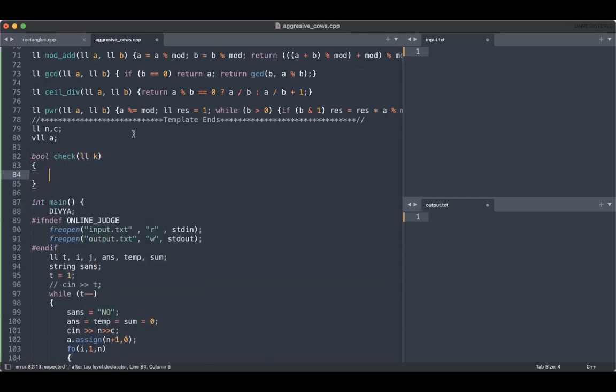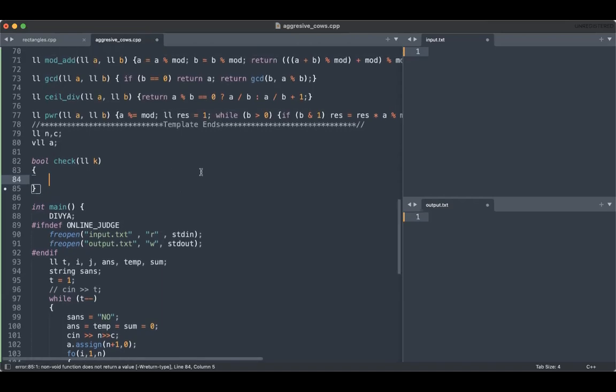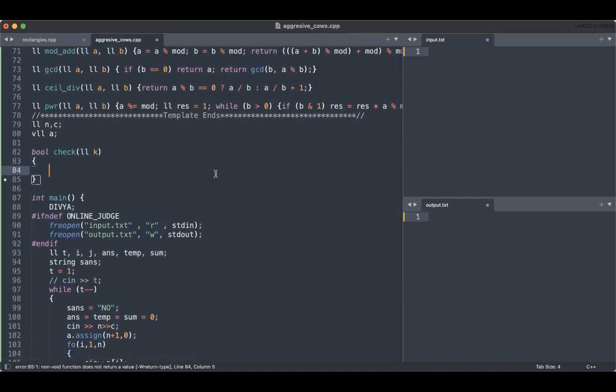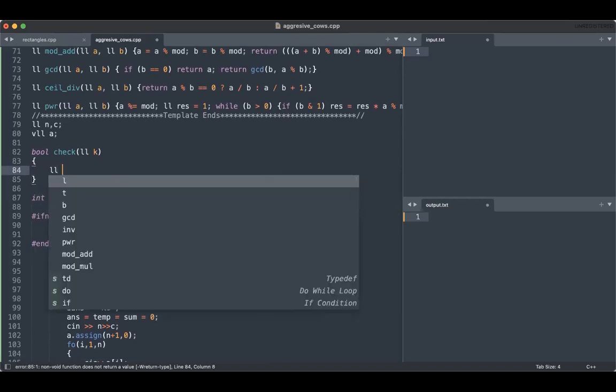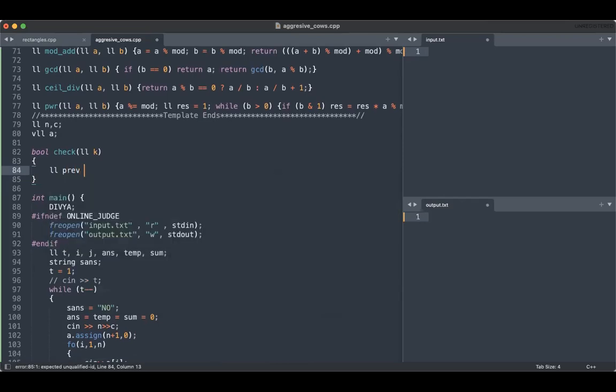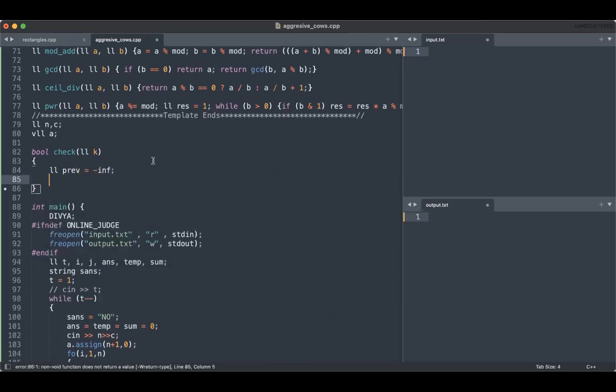Let's say we have this value K. So now what I'm going to do here is similar to what I described. I'm going to assign the cow to the current location if its distance from the previous cow is greater than or equals to K. Otherwise, I'm going to increase my distance and just move ahead, right? So I'll have to keep track of the location of the assignment of my previous cow, right? And I can just initialize this variable to -infinity, because for the first cow, there is no previous cow.